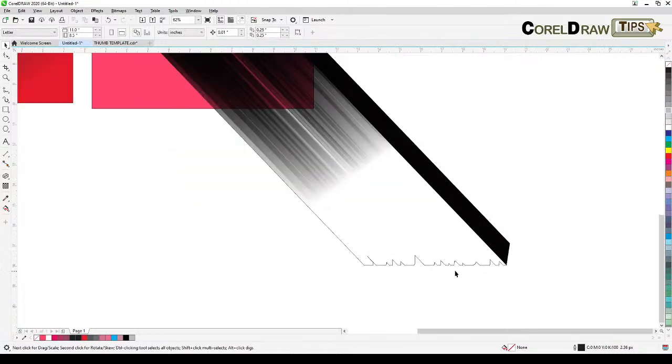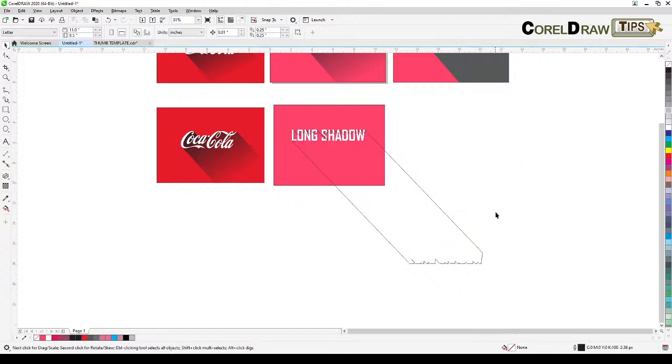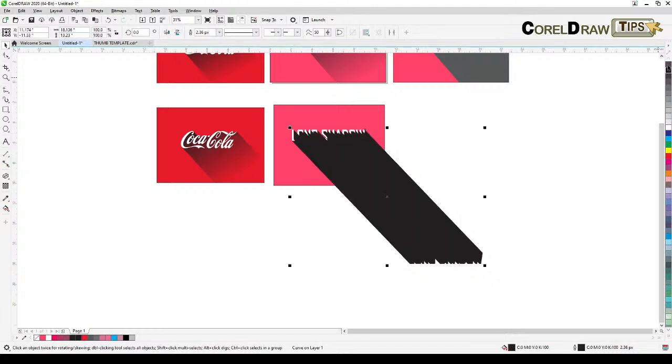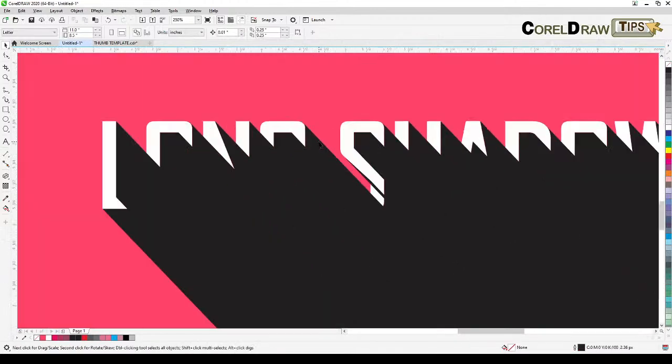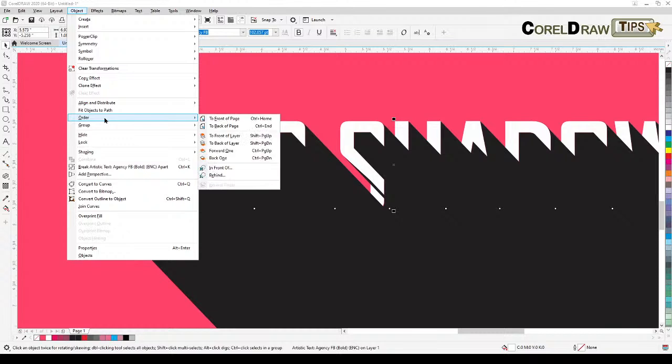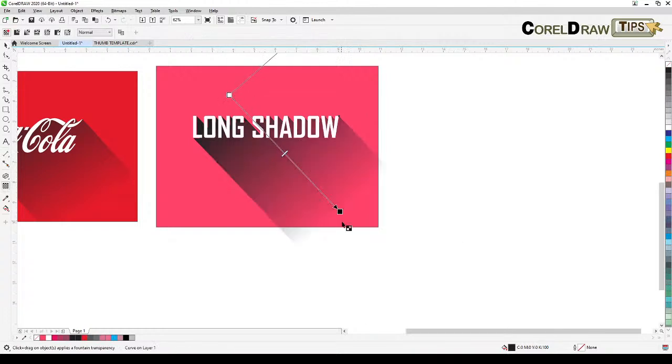Now since you have the boundary already, you can move this, and then we can delete that. And then you can color this whatever color you want. Let's say black. Remove the outline, and make sure that your text is to front. So you click on your text, and then go to order, to front of page, and then this one you can add transparency. So you click and drag going that way,